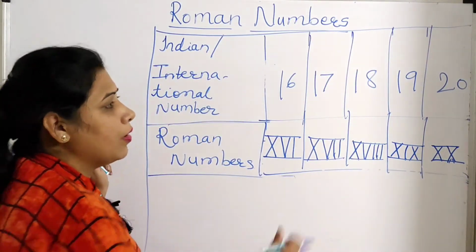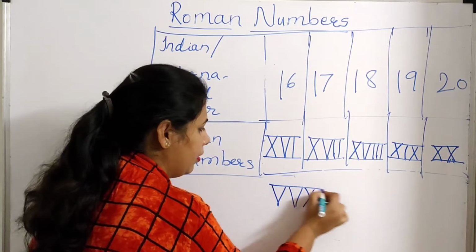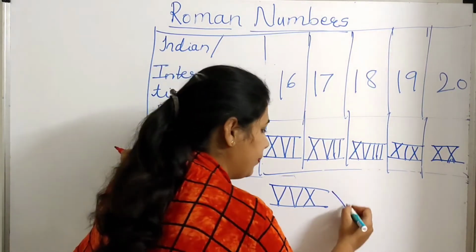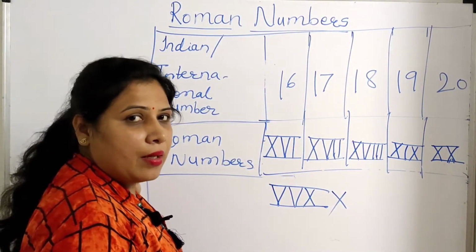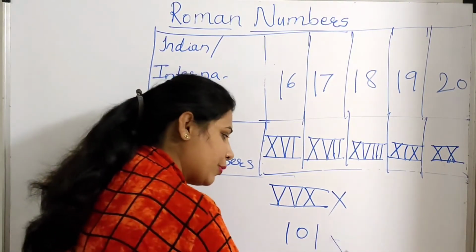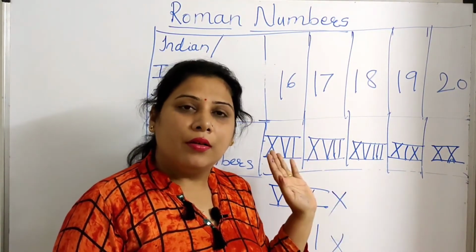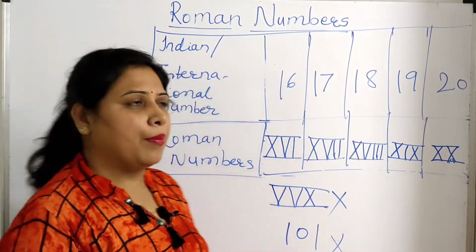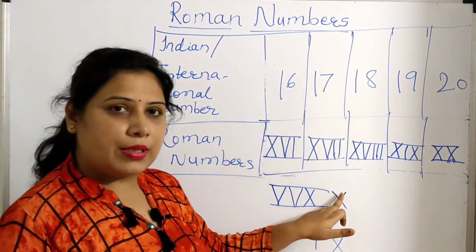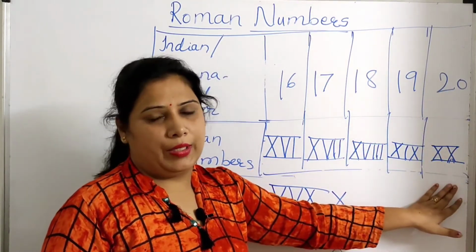Again, if I write 5, 5 and 10 for 20, you will ask me, is that the correct method? Of course it is not, because even in an international number system, if I want to write 11, I cannot write it like 10 and 1. This is also wrong. So there are particular notations for the numbers. We will write only that for the Roman numbers as well as in the Indian number system. So this is number 16, this is number 17, this is 18, this is number 19 and this is 20.